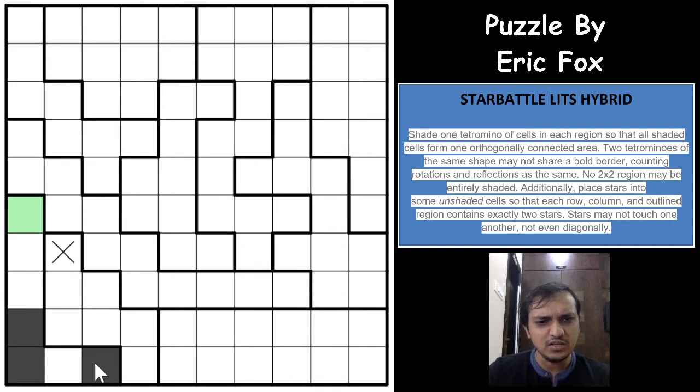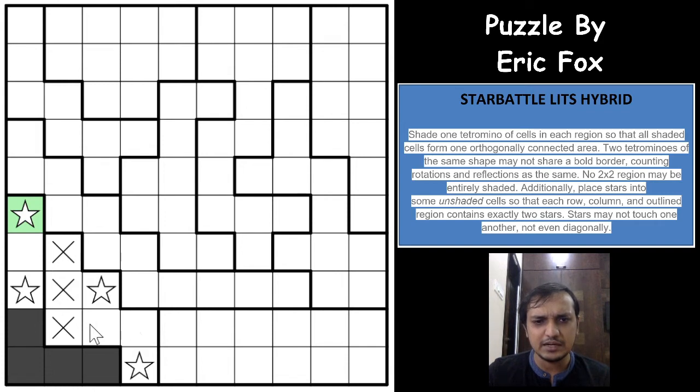Can this be shaded? So if you shade this cell, it becomes an L here, and both of these become star, right? So both of these become star, and now both of these become star, right, for this region. Now if you see here, you again form an L here.